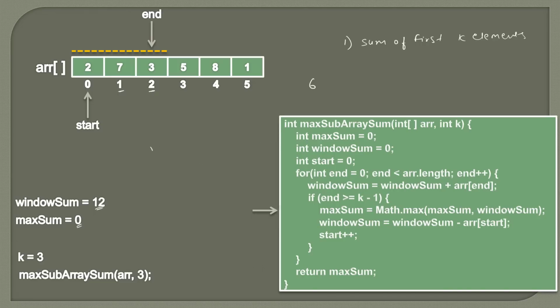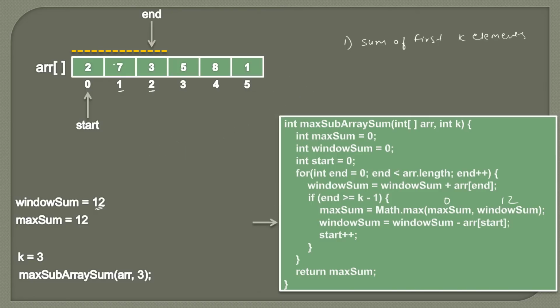So you can think of this condition like we are doing: if window sum is greater than max sum, then to max sum we are assigning window sum, like this. So currently max sum is 0, window sum is 12. So window sum is greater than max sum. So this tells us that we need to discard this max sum and our new max sum will become 12. So max sum value will become 12, like this.